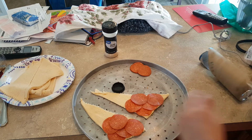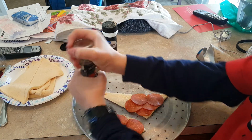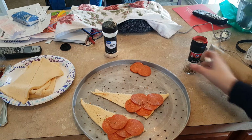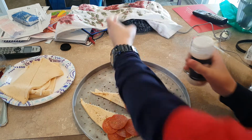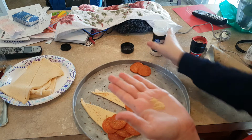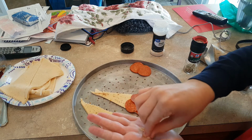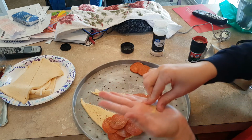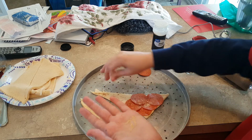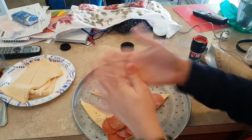So pop a cap off of the McCormick, and then you want to shred it all on this, all over the whole thing. And then you want to take some garlic powder, and since you don't want to add a lot, put out your hand and then pour about like a micro spoonful, and then put it all around each different one with about a full pinch on each. Go in a circling motion because that's probably the best. And then when you're done, you can evenly spread it while